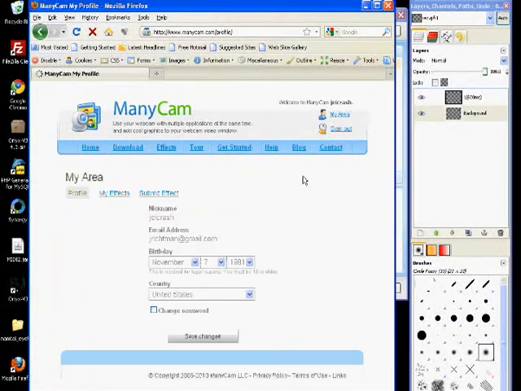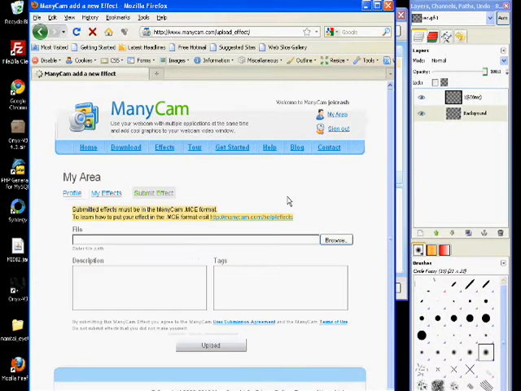This is Minicam's main site. I'm going to go to my area and then submit effect. All effects have to be approved. Usually takes 1 to 3 days for them to be approved before they'll show up. Go and click on browse here,